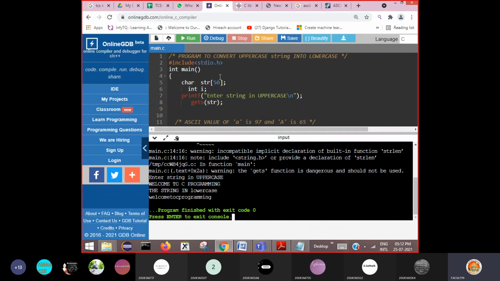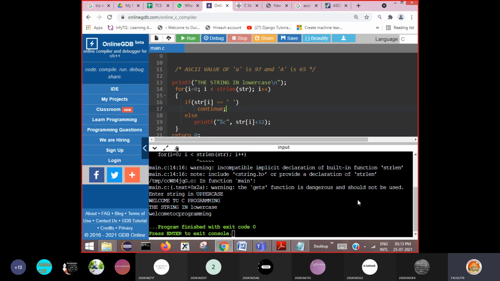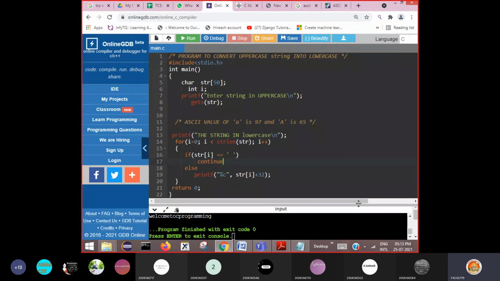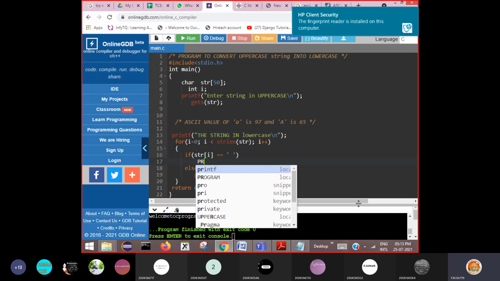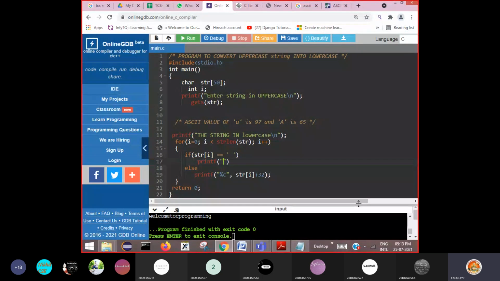If you want to add a white space also, then instead of using continue, you can just print a white space here. This is a different way of writing the program. Say printf, and within the double quotes give a white space, so that you can see a white space printed.